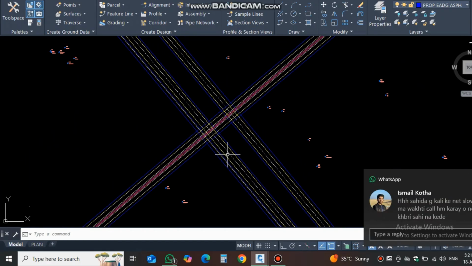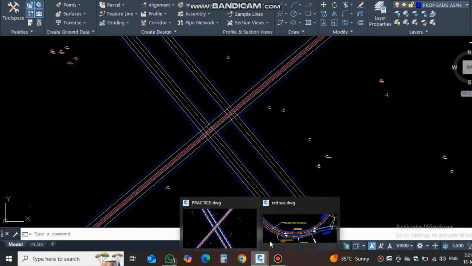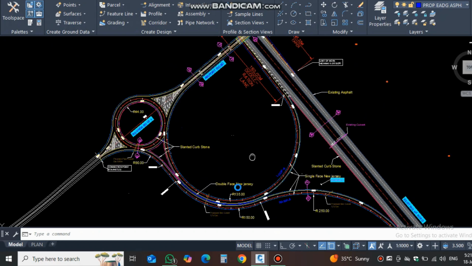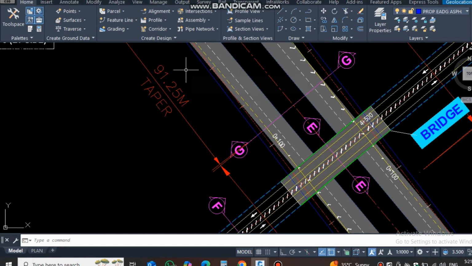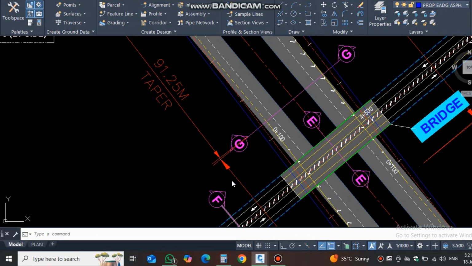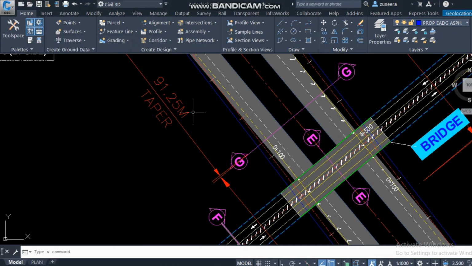So after that, I will join this line to one complete length, and then the taper length. The complete length, if I check here, is 180 meters, and then 91.25. So I will add these two, which is 91.25 plus